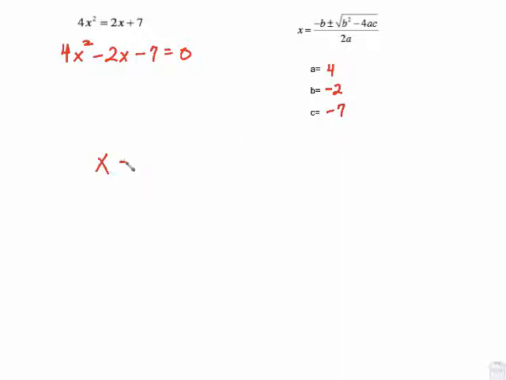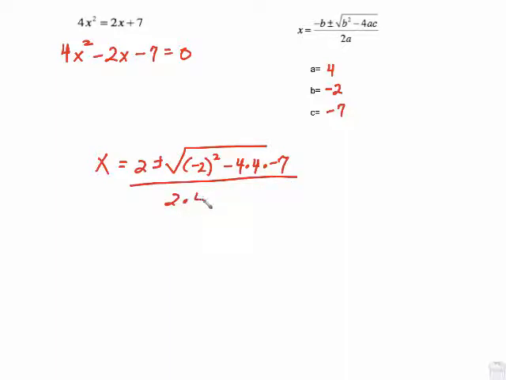So x equals, negative of negative 2 is just 2. That's all I'm going to put right there. But I am going to put negative 2 in the parentheses squared, minus 4 times a, which is 4, times c, which is negative 7, all over 2 times 4, because 4 is your a. And then we will clean this up,